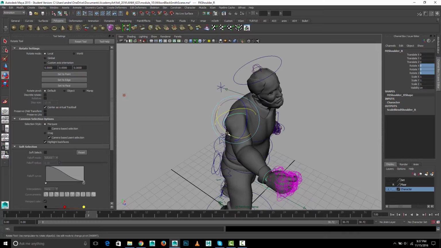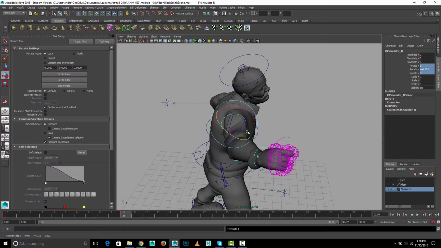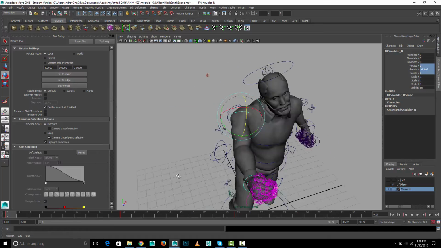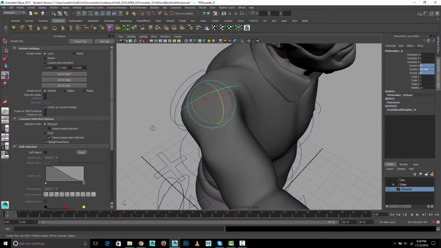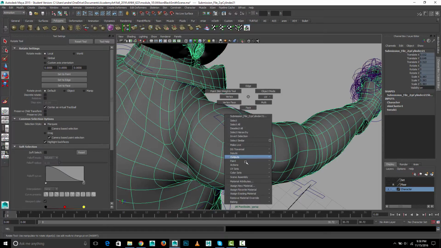Okay. So, yeah, I might just do this. I'll just go Shift E to keyframe that rotation there. Move this back, Shift E, and then move this up this way. Shift E. And now when I want to check how the weighting's looking, I can just drag on the timeline, and it allows me to stay in the paint weights tool and not move in and out a whole bunch of times. So right mouse click, paint,